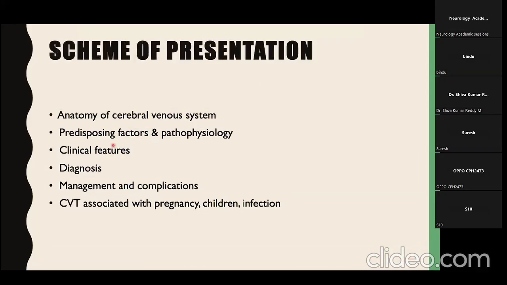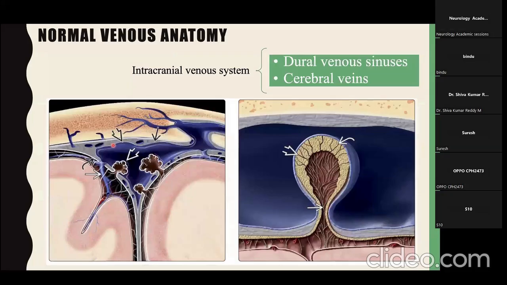The scheme of presentation will be anatomy of the cerebral venous system, predisposing factors and pathophysiology, clinical features, diagnosis, management and complications, and CVT in special situations like pregnancy, children, and infections. Coming to normal venous anatomy,